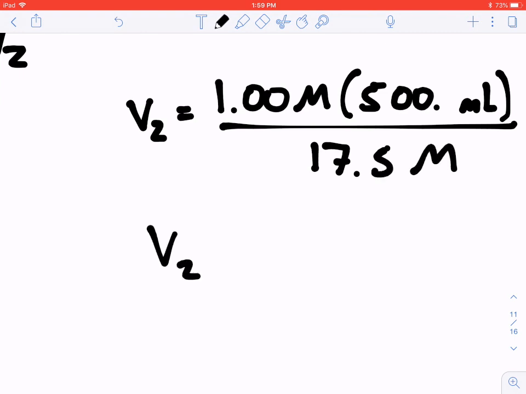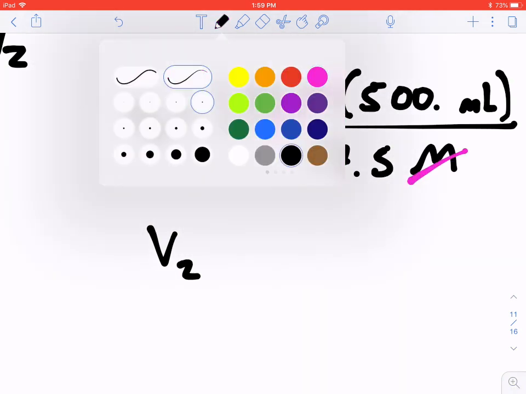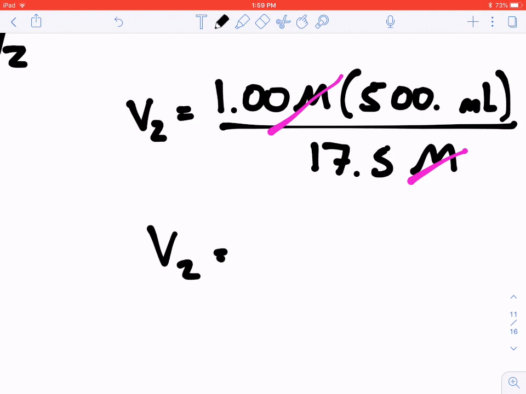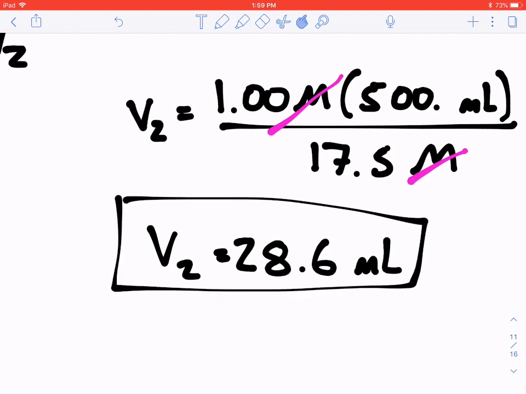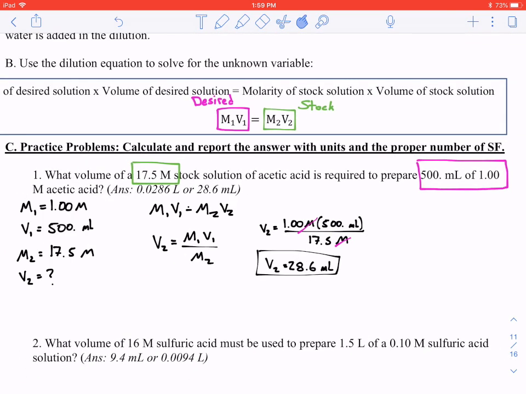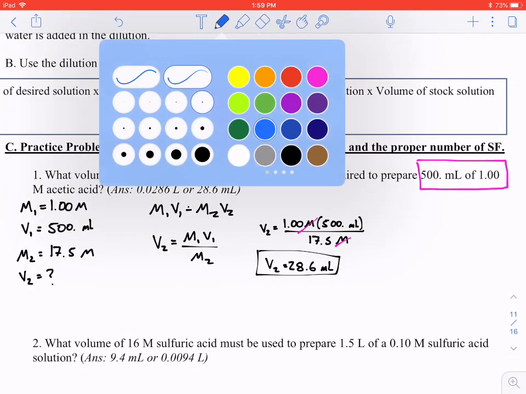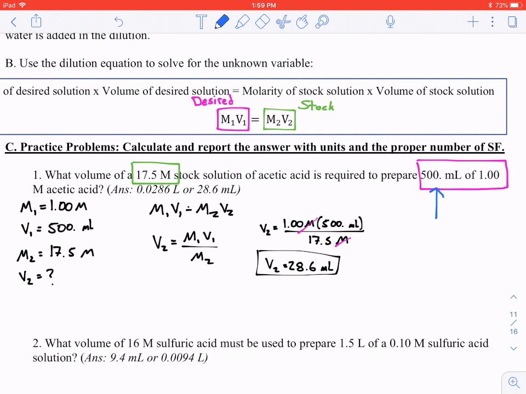If you go ahead and you crunch the numbers here, you're going to notice that your molarities will cancel, M over M. You're left with milliliters in terms of your unit. That's good, and it turns out that it is 28.6 of those milliliters. So what does that mean? What does that number mean? Well, that means if you want to make 500 milliliters of this acid, and you want to have a concentration of 1 mole per liter, that means that you need to take 28.6 milliliters of the initial 17.5 molar stock acid,